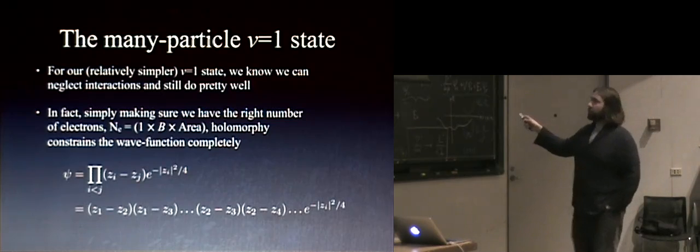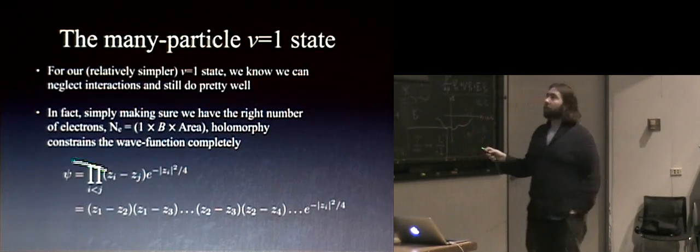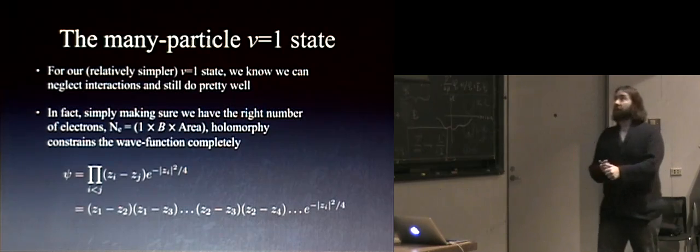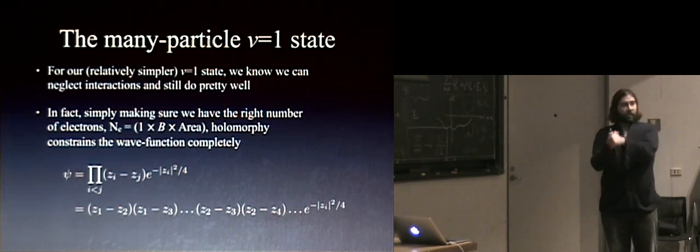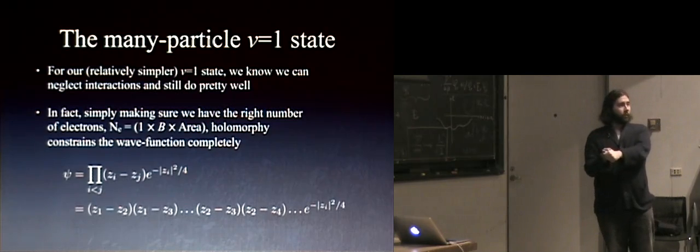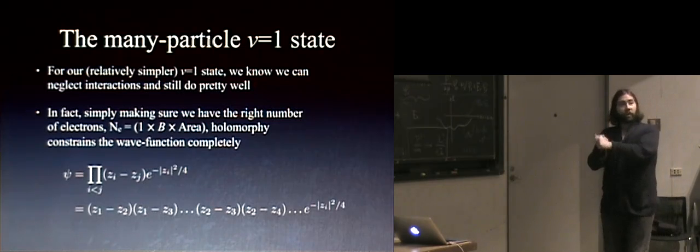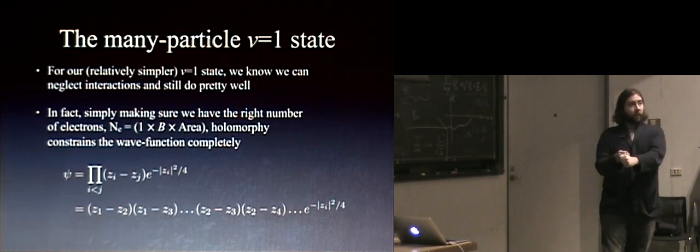And everywhere else, things that you worried about cancel their sign changes. And so this is the unique wave function that I can write down that satisfies the 3 properties. It satisfies this kind of mathematical holomorphic constraint that it's secretly a function of 1 variable for electrons, not 2, such that all of these electrons really behave like electrons in the sense that when I exchange 2 of them, I get a minus sign,